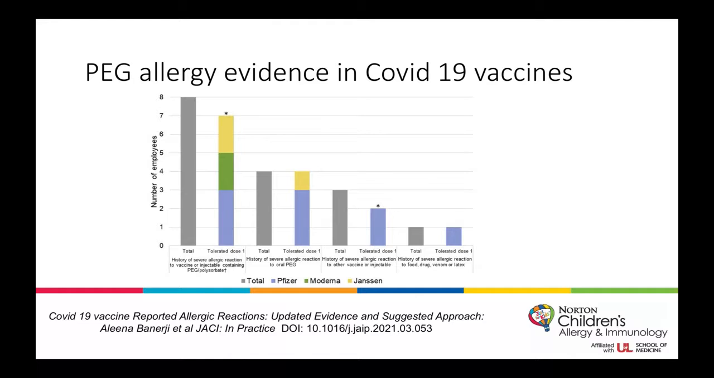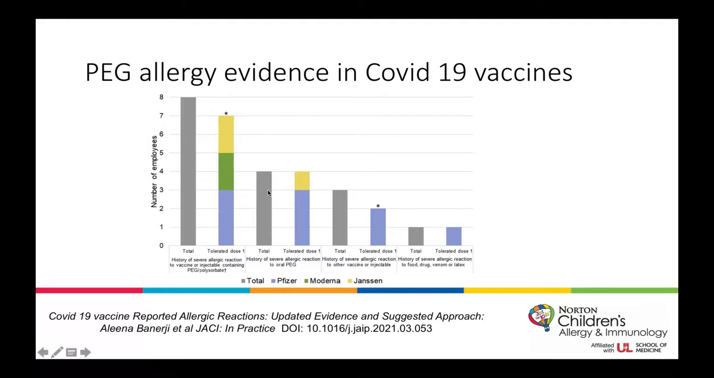This was also done by the Boston group. They looked at 16 employees with high-risk allergic reactions to PEG, either the injectable form or the oral form. So 8 of those patients had severe allergic reactions to an injectable form of PEG or polysorbate 80, and 7 out of 8 of them actually tolerated the first dose of Pfizer, Moderna, or Johnson & Johnson. The star is for one patient that had not received the first dose yet at the time the study was